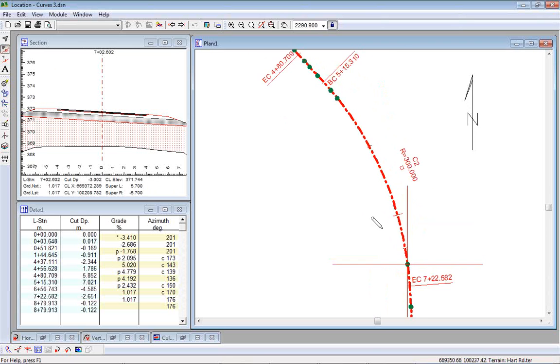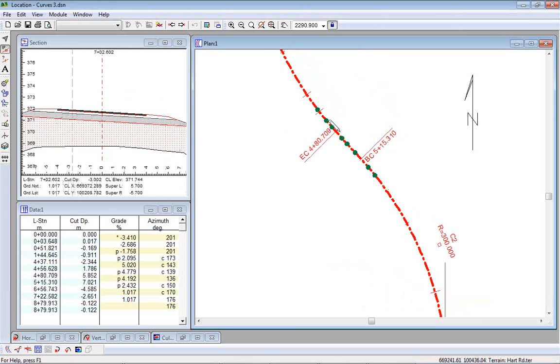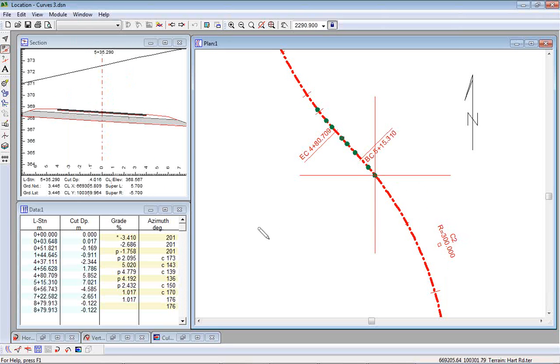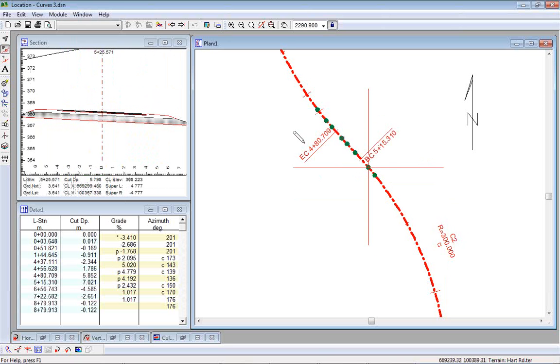And one little caveat: at the end of this curve, it's so close to another curve that the transition points actually get distorted, and the symbols don't reflect that distortion. So you may find that the first point actually does represent the place where it starts to go down from maximum super, but this point here is probably not what you'd think it was. It's where there would be a transition point coming from the curve ahead, and it's